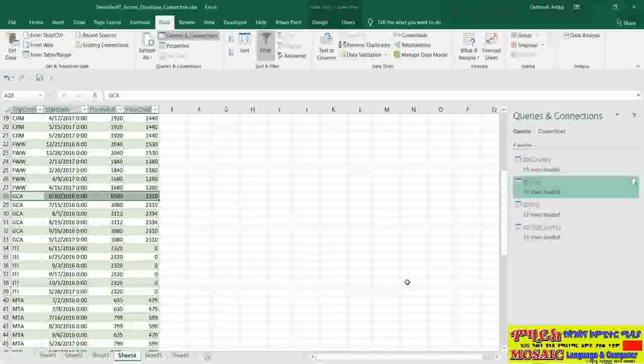So that's it on Access Database Connections. In the next section, we're going to look at getting data from the web, so please